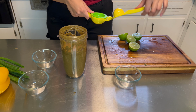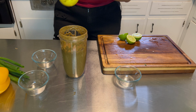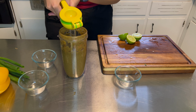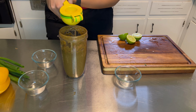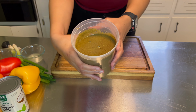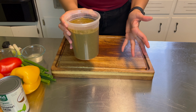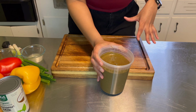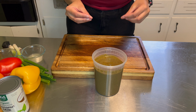After blending out my jerk paste, I'm going to take some limes and we're going to squeeze some juice into it and blend it just for a little bit longer until it is smooth. Once you make your jerk paste, it should look something like this. Because my recipe makes about a quart, we're definitely not gonna need a quart for the recipe we're doing today. So I would suggest filling this up in an ice tray and freezing them for individual portions